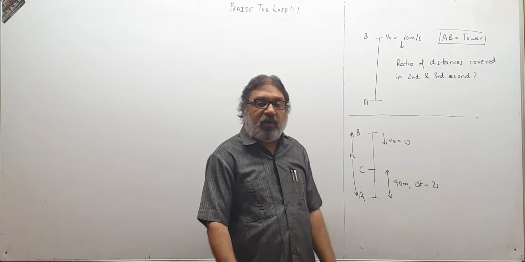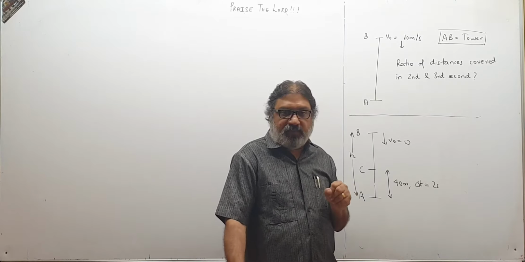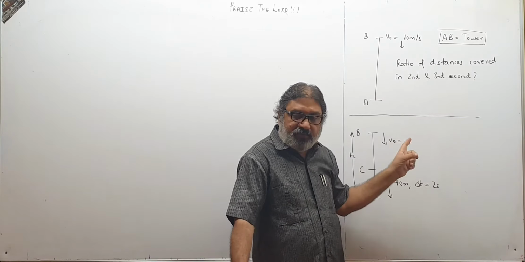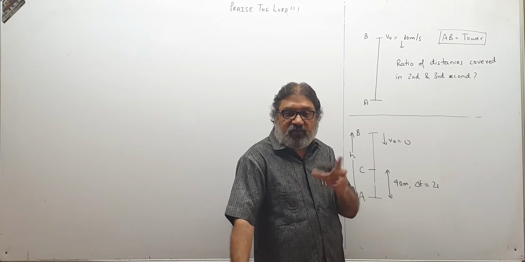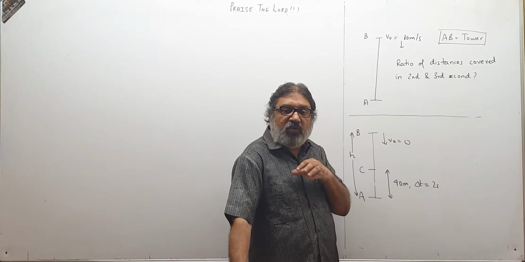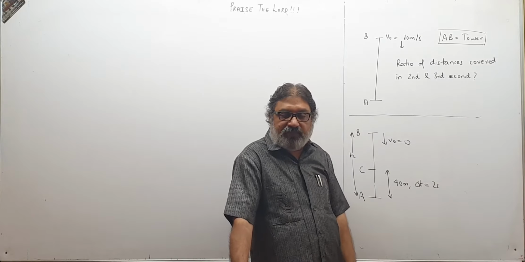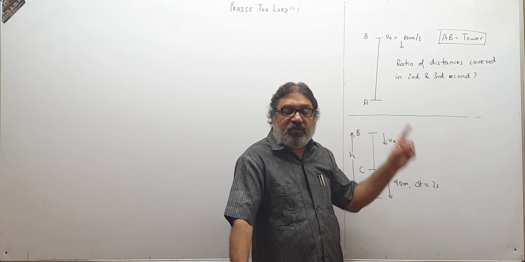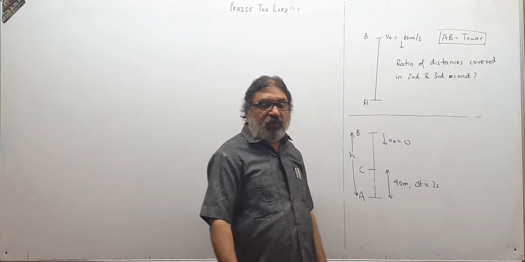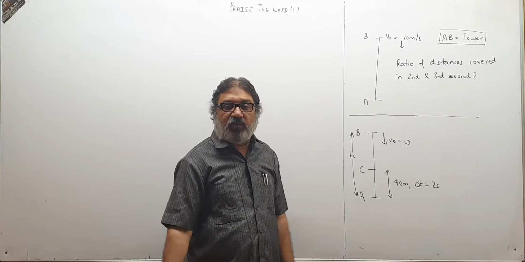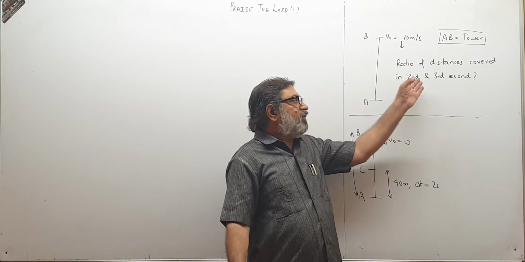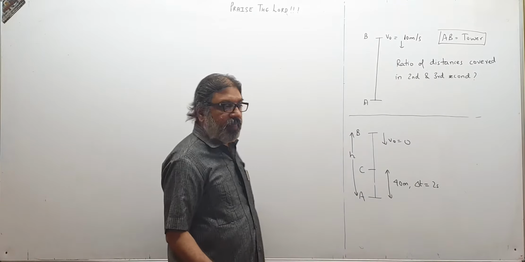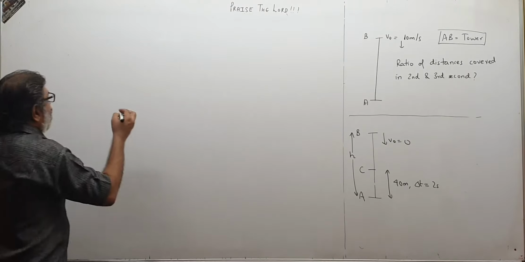So I am recalling the formula for displacement in nth second. Now see, children, the body is moving in one dimension in the same direction. So displacement and distance will be the same. I have told you, if a body moves in one dimension in the same direction, then the amount of displacement and distance will be the same because it is not reversing the direction. So whatever displacement I will get, I can equate it to distance. So if he is asking the ratio of distances, it will also be equal to the ratio of displacement in second and third second.